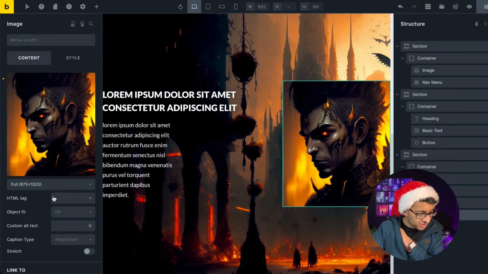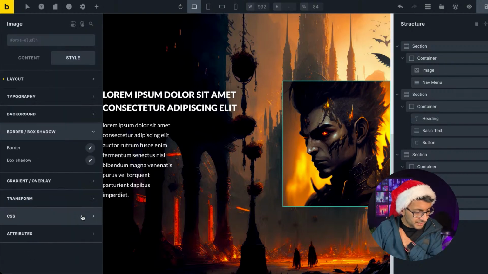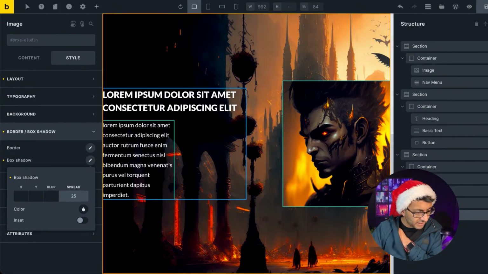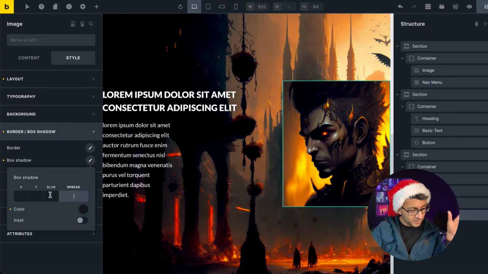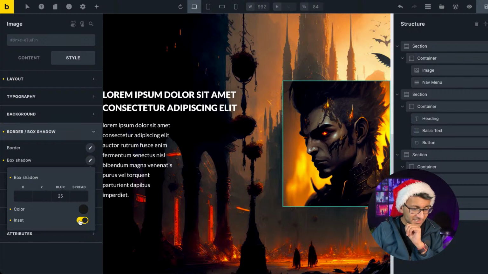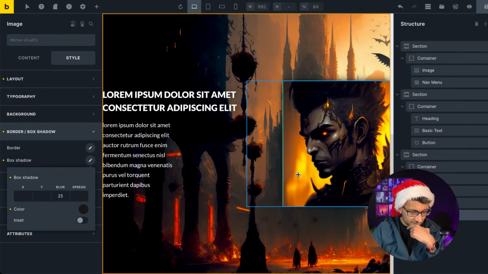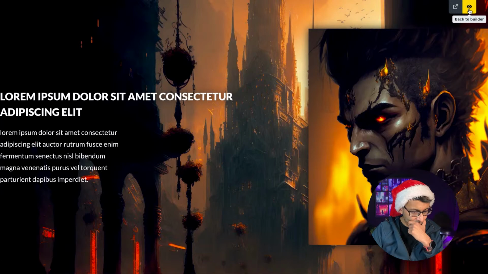Back to the image, I just need to add some shadow to the image over here. So we're going to add a bit of shadow, and we're going to go with about 25. It's going to be that color there. Whoa, not spread. Sorry, not spread. I don't need 25 spread. I need 25 blur. Okay. Inset. Nah, I don't really like inset. Okay, so what we then get is when we preview this page now,